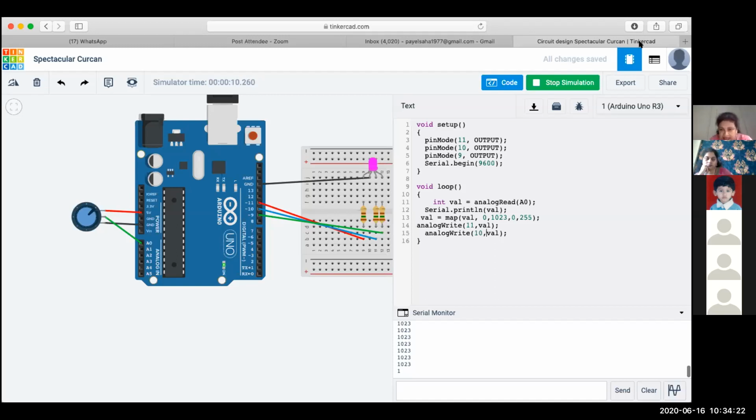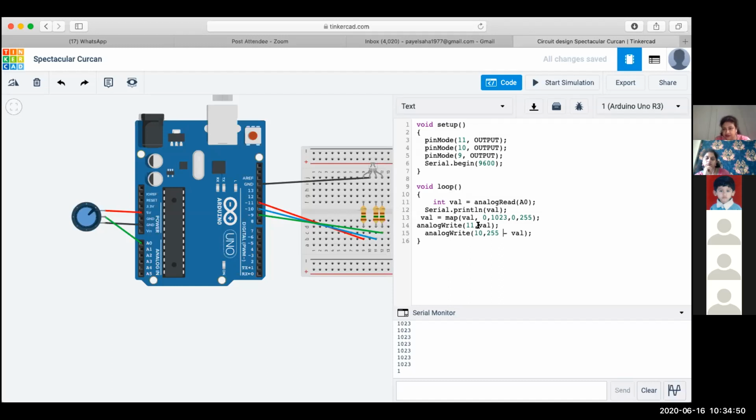I'll stop the simulation. For 2 shades, I can do that. I'll write 255 minus val. So this is giving me a kind of inverse relation between red and blue color. Do you see that? So when val is 0, red will be 0, but blue will be at 255.